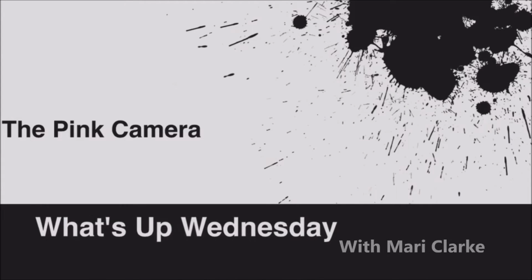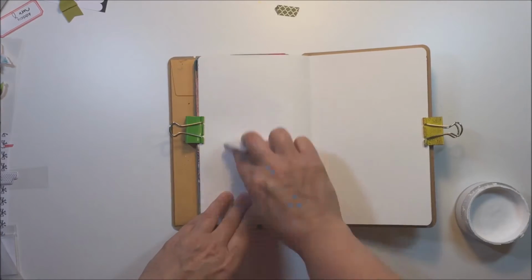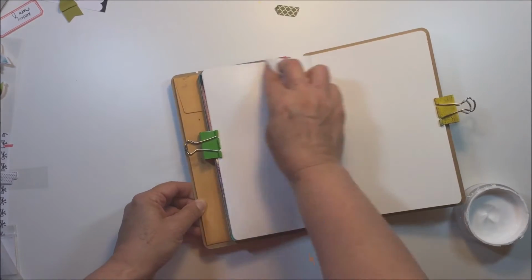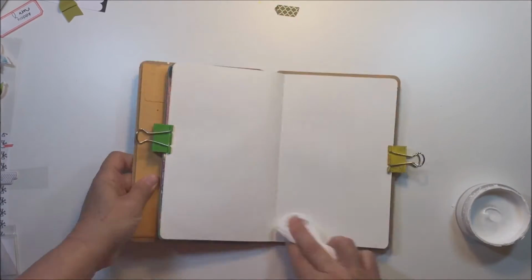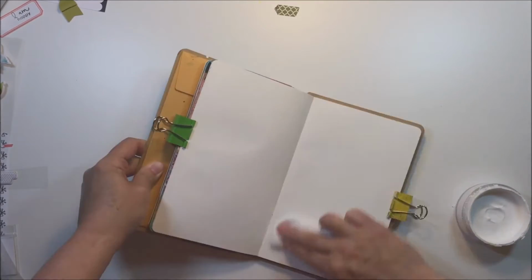I have an art journaling project here for you today. I'm going to be working in my small format Dilutions art journal, and I'm going to be using some of the Dilutions paints and a few other products to create this project. So I just have a baby wipe here. I'm just taking some white Dilutions paints and I'm going to spread those around the entire surface of my